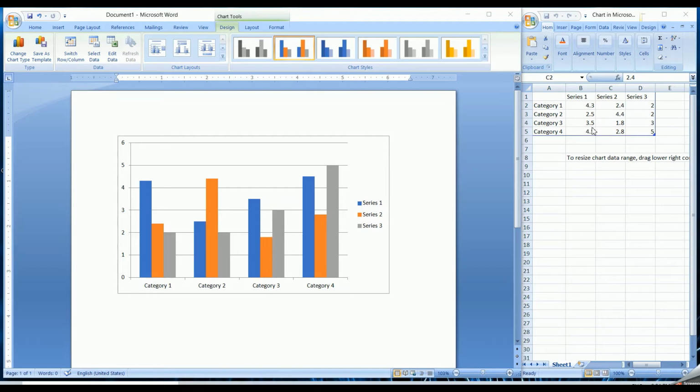As the third topic was changing the data, or you can say editing the data, I'll switch to this topic later on. First we'll see the second topic, that once we have inserted the chart, we need to format that chart. Right now I don't need this Excel sheet. I'm going to close this from here.